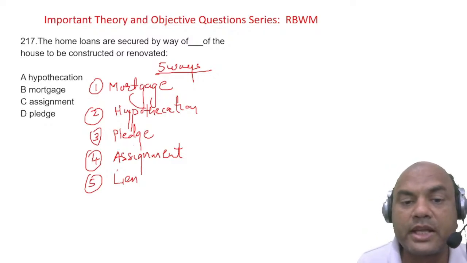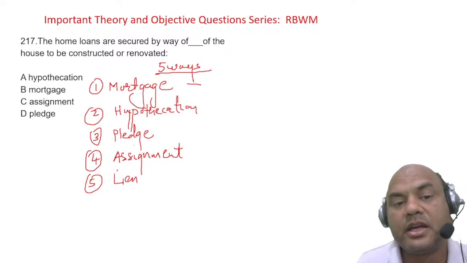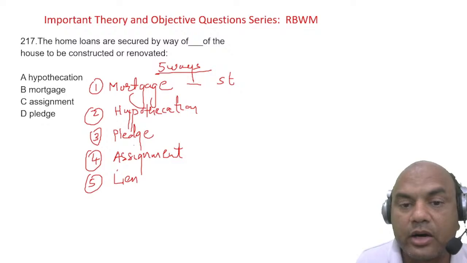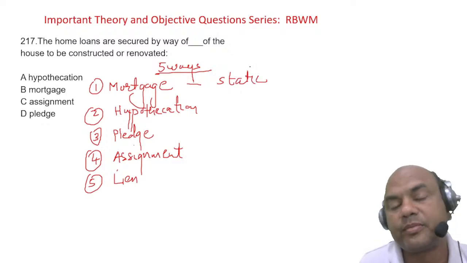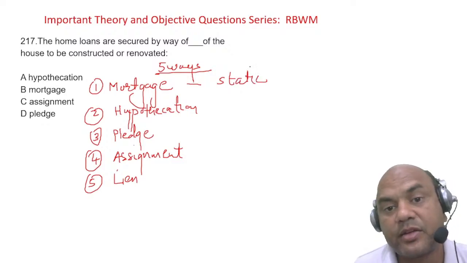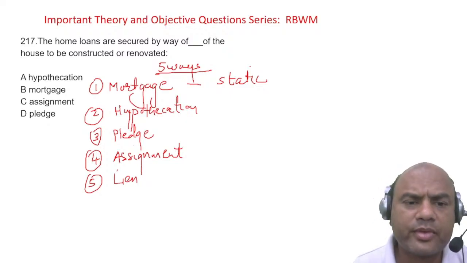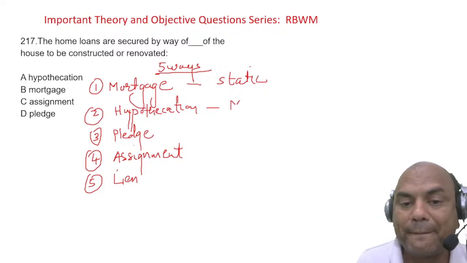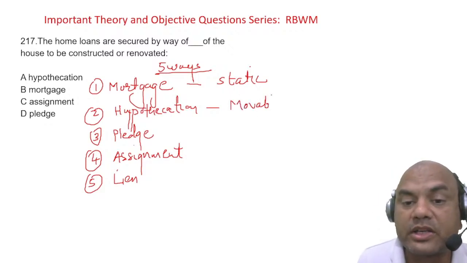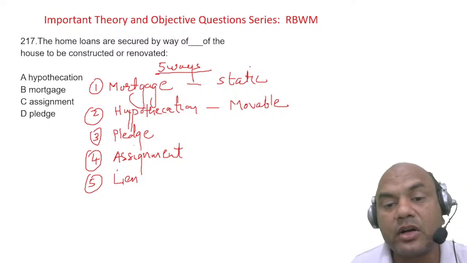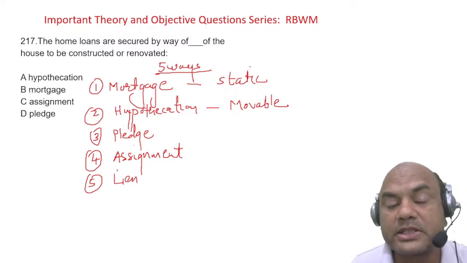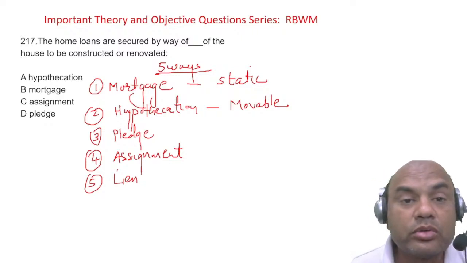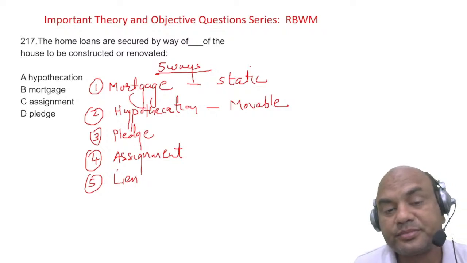Always remember, mortgage is done for that security which is static. House, which cannot move. House, shed, factory shed, this cannot move. So mortgage is done for the static. Hypothecation, movable. But this is all security, commodity. Means I can do the hypothecation to car, I can do the hypothecation to bike, I can do the hypothecation to my stock in CC.